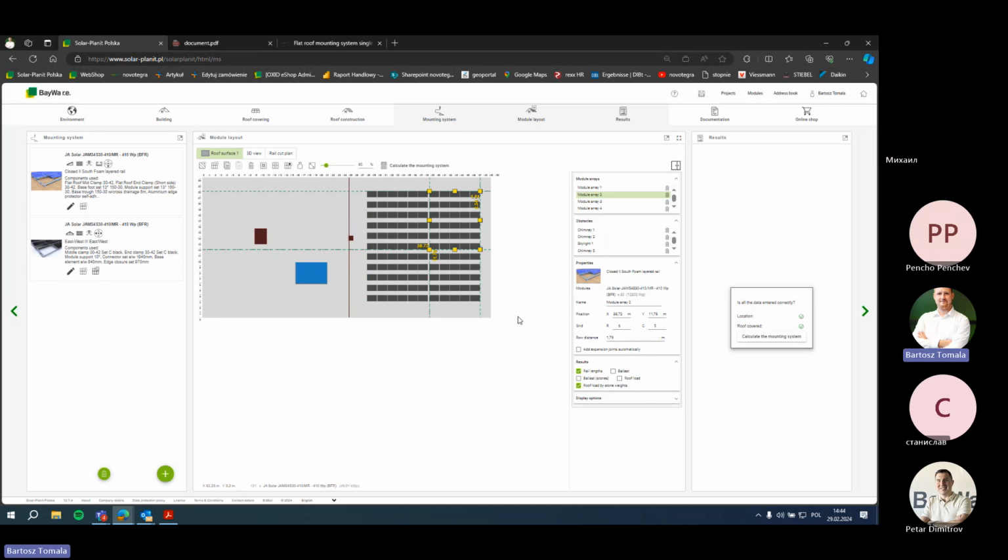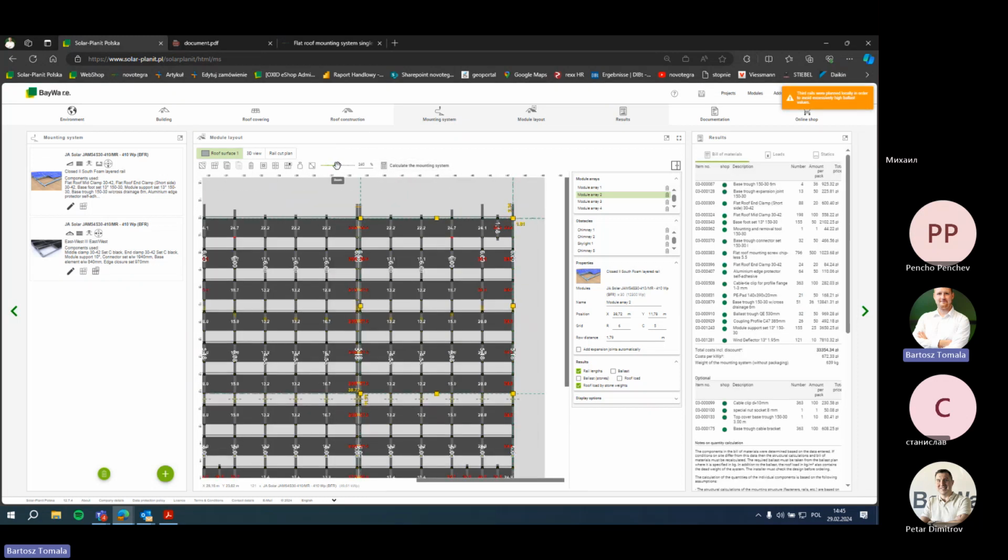In this location, the program calculated 1.79 between the rows, so from the front to the front of the next row is okay. They won't shade themselves too much, especially on the 22nd of December. So now we can calculate, and you can see that